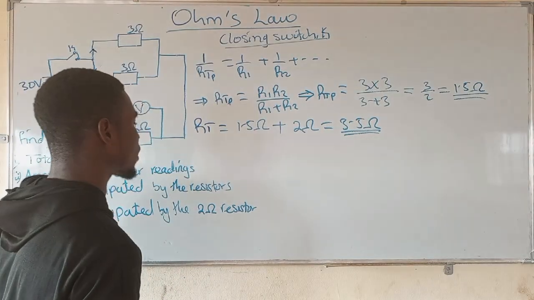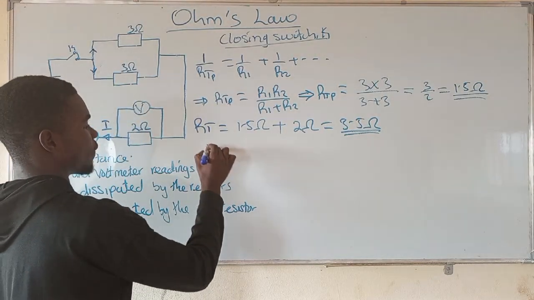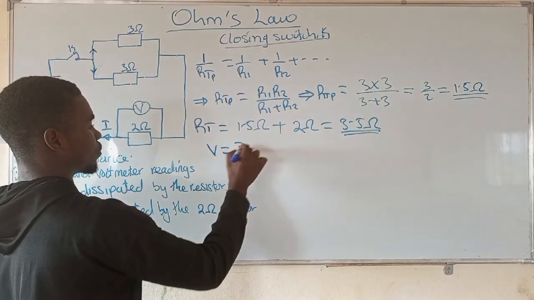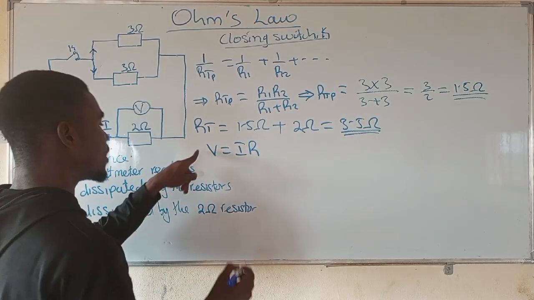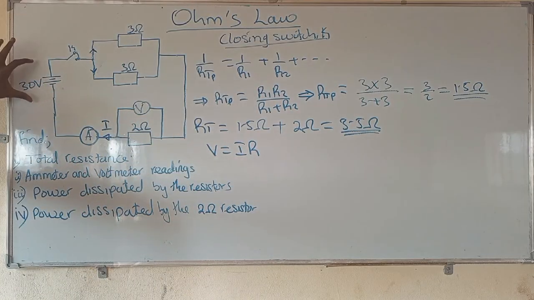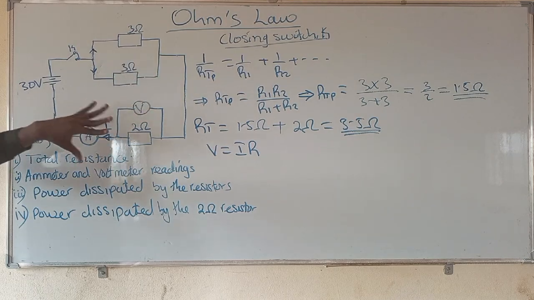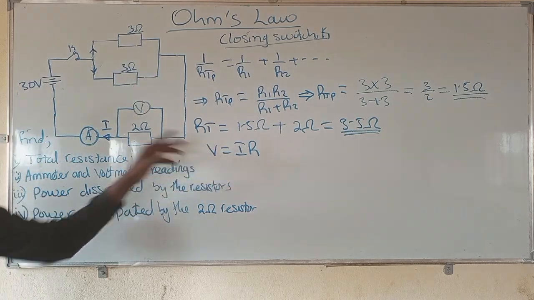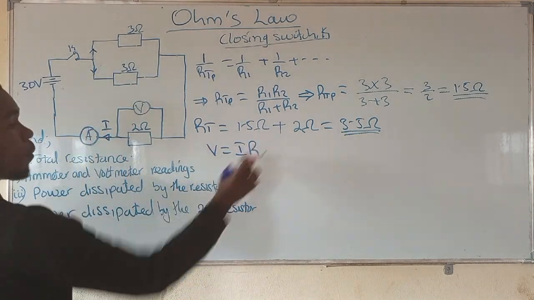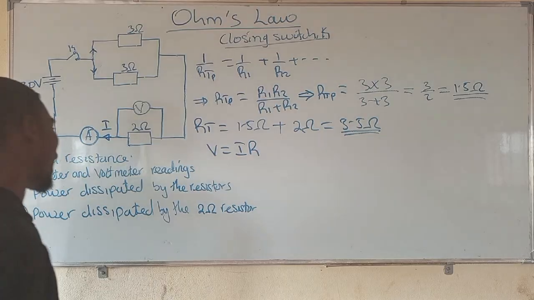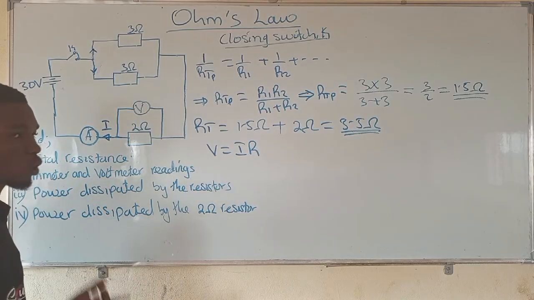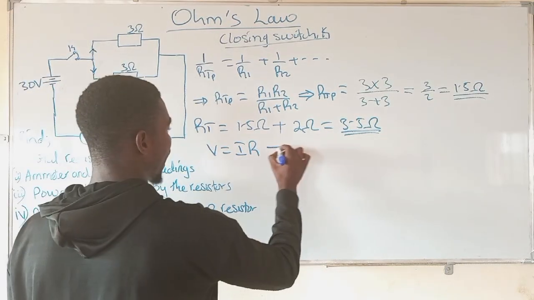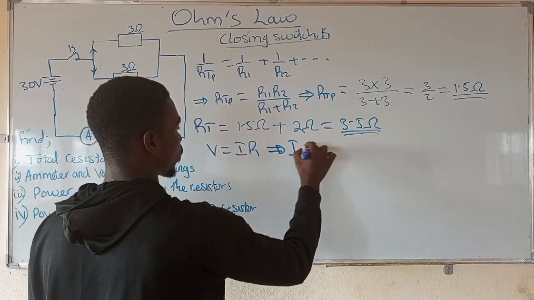Ohm's law, in its condensed formula, says that V is equal to IR, where V is the potential difference across this circuit, I is the current flowing through this circuit, and R is the combined resistance. If we want to get the ammeter reading, we want to get the current. So we make I the subject. It means I becomes